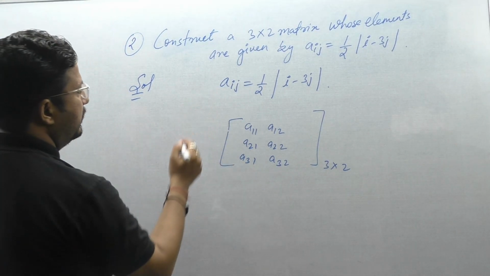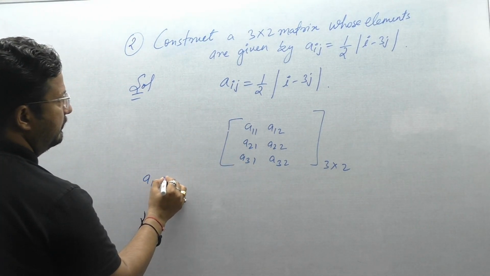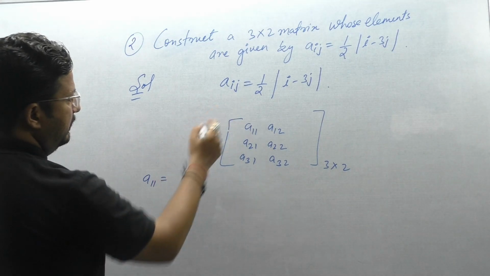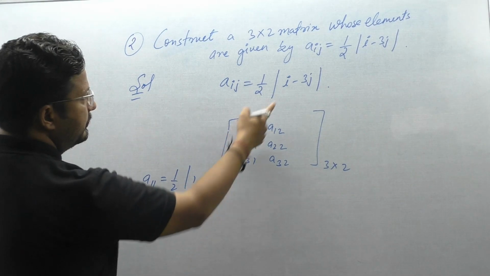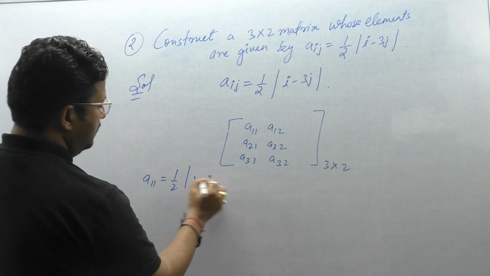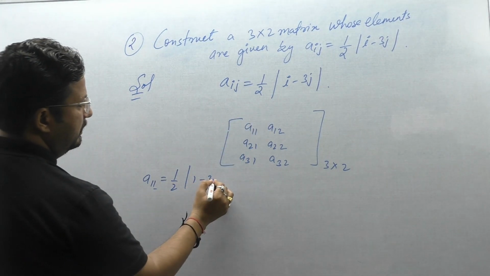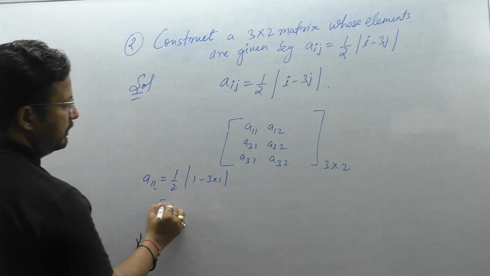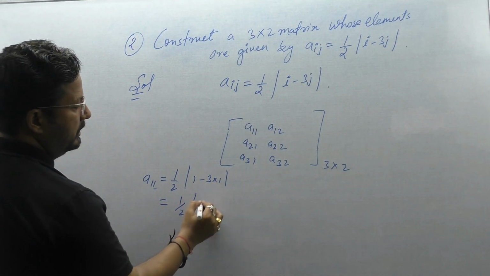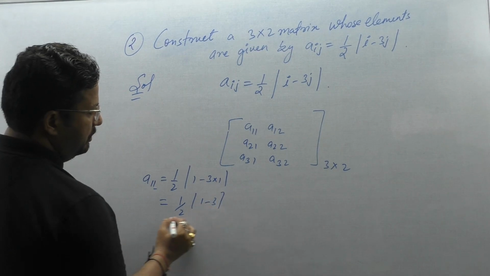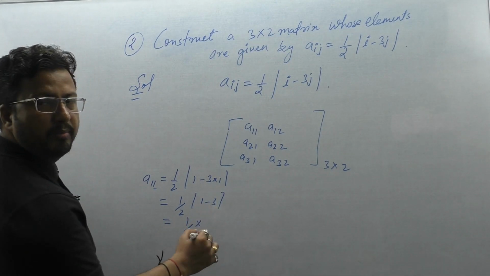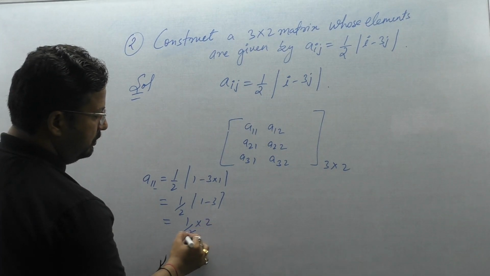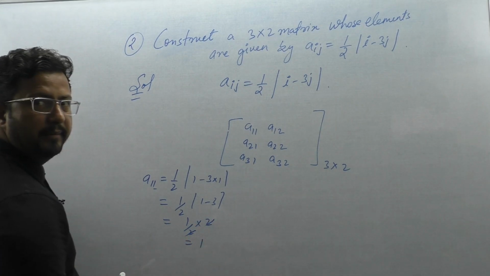So this value you can put here, like if I am looking for A11. So A11 means like here half, I means 1 minus 3, J value is this one, so 3 into 1. So now you can solve it shortly. So it is like 1 minus 3, so it will be half and it will be minus 2 and it will come out plus, so answer will be 2, cancel out and it will be 1.